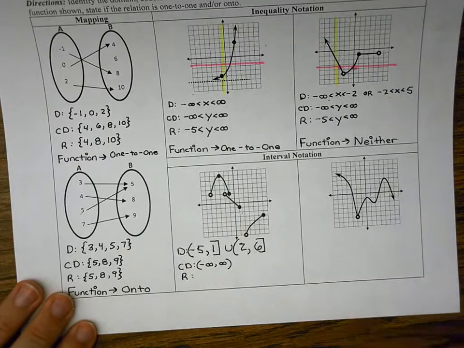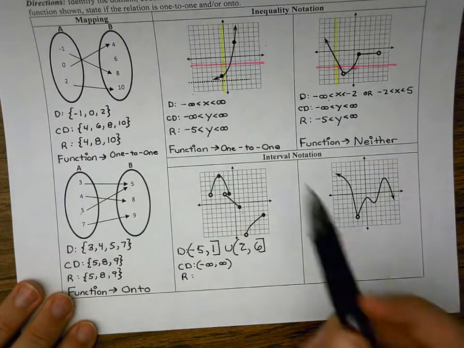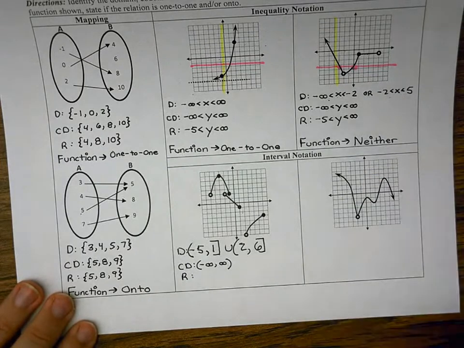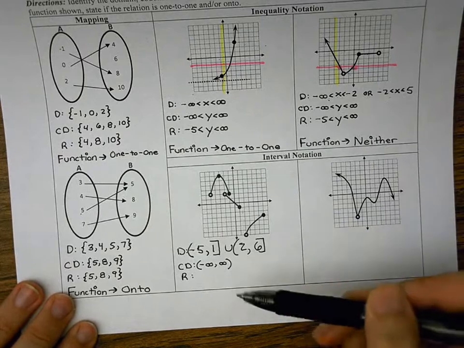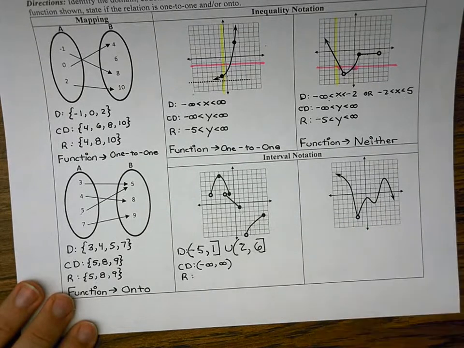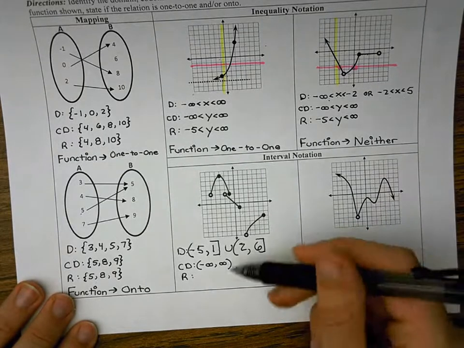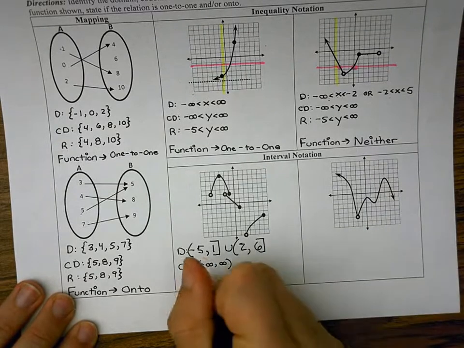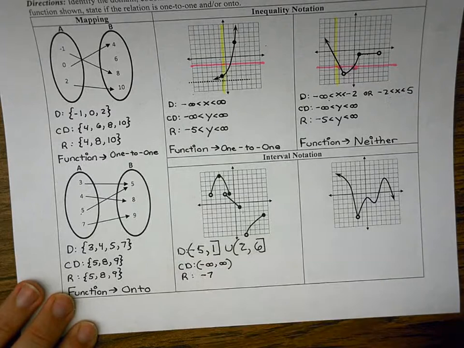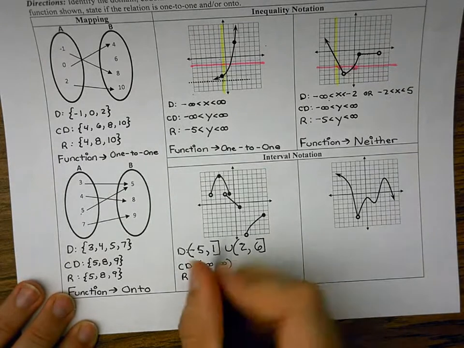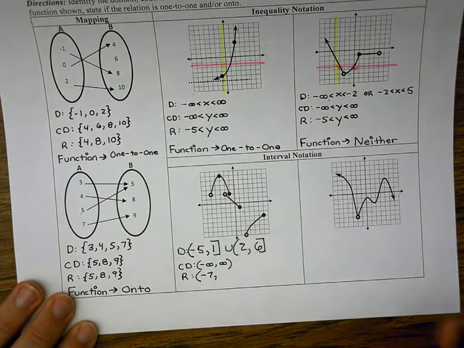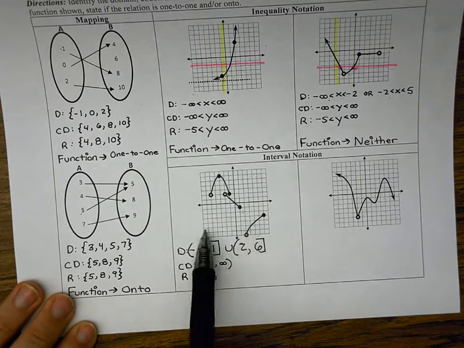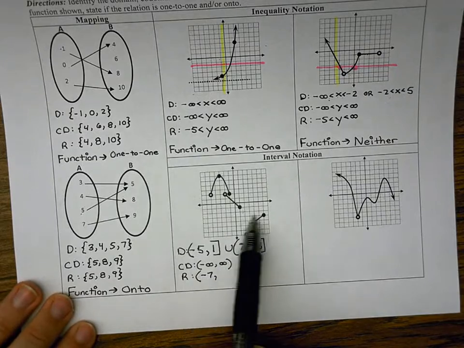Range, what y values are there actually? Okay, so starting low, what's the lowest y value you see? Well, we have no negative infinity because there's no arrow pointing downwards, right? So I'm not starting at negative infinity. The lowest place on the graph that I see is here at negative 7. Is there a point or not? Well, at y equals negative 7, there's never a point, so that's a parenthesis. Working my way up, I've got something at negative 6, negative 5.5, negative 5, negative 4, negative 3, and then,